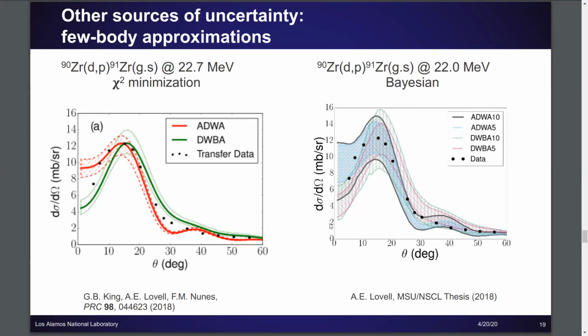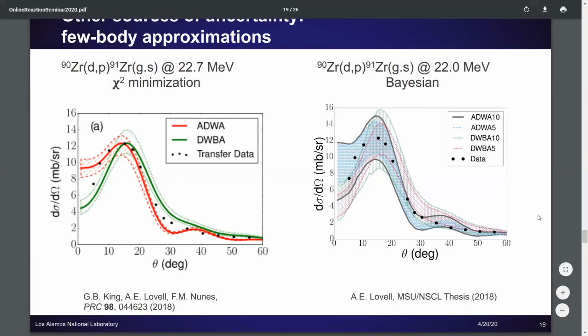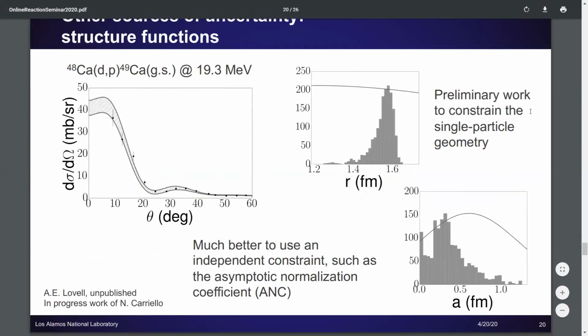But ultimately, what we also want to be able to do is say, how much uncertainty are we including when we go from the adiabatic approximation to the slightly, I want to say worse, but right, it's a deuteron in the DWBA as opposed to the nucleon scattering. And so we want to be able to fold that type of uncertainty into these parametric uncertainties, instead of just saying, okay, we have these two models and how different are they?